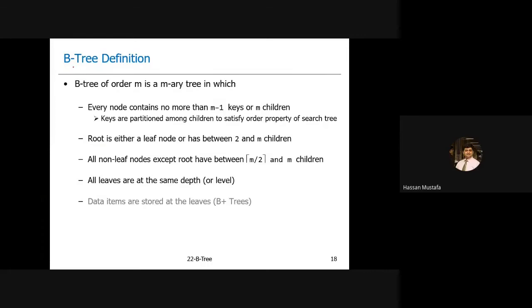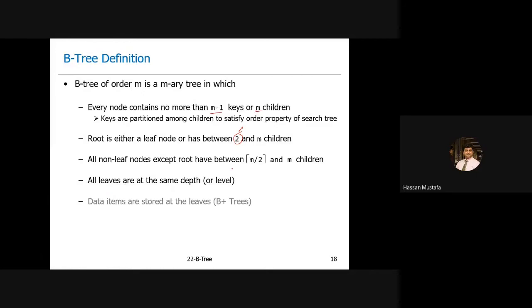In this video, we'll discuss the definition of a B tree in detail. In the previous video, we discussed that a B tree is an M-way tree, and in every M-way tree, every node has m children and m minus 1 keys. But we need to relax that condition somehow: for the root node, the number of children can range between 2 and m.